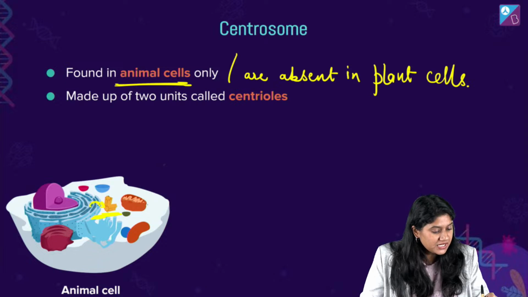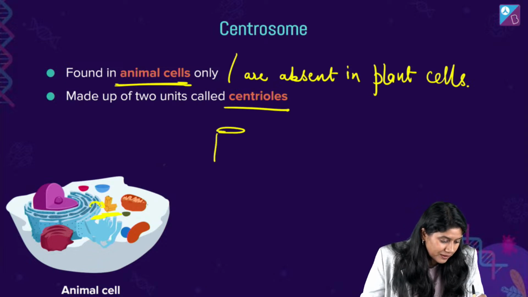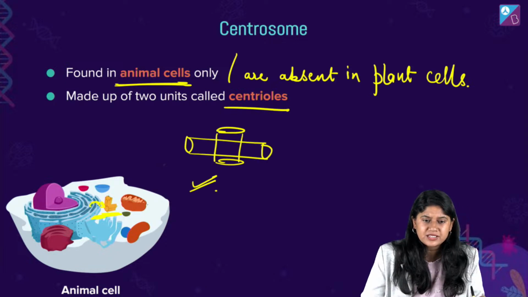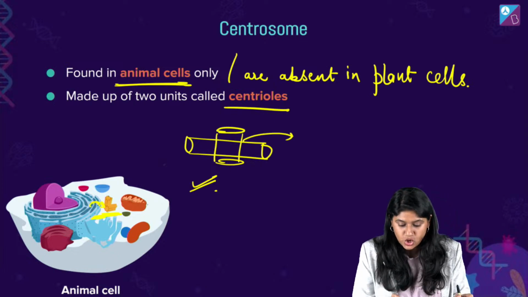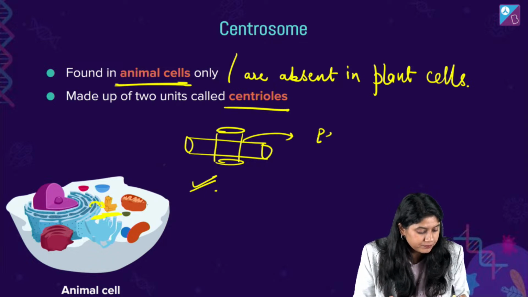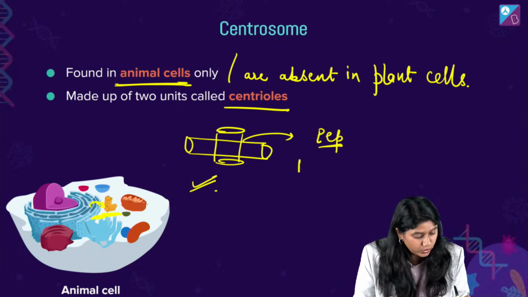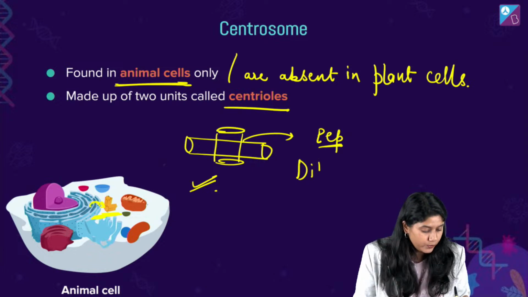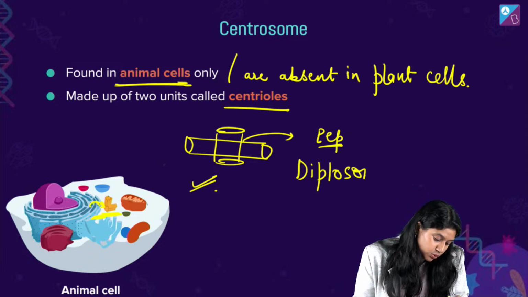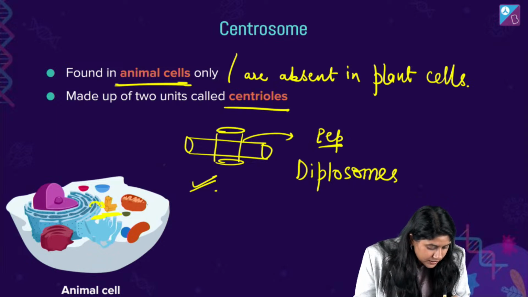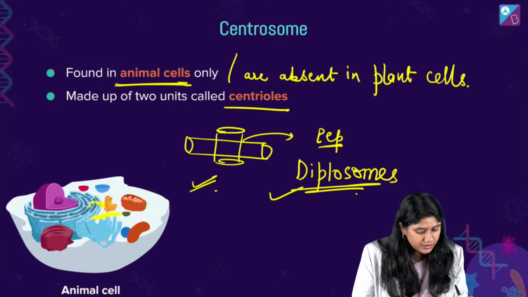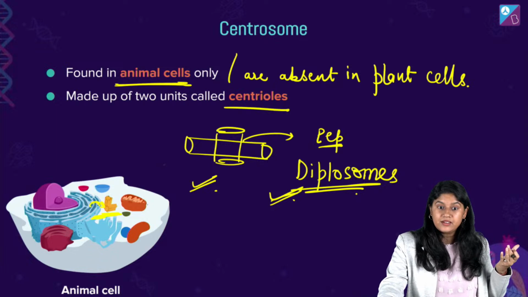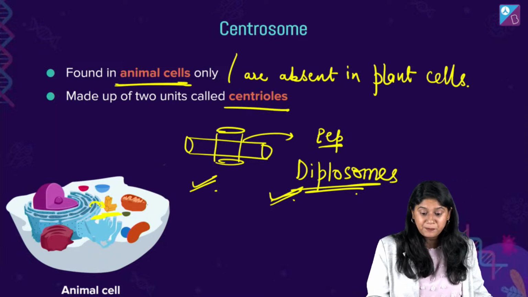Now when we say cylindrical structure, and that two are perpendicular like this, they are made from two units. Right? This is how it is arranged, everyone. Clear? And what do we call this? This is perpendicular, and we have a very interesting name for it. We call it the diplosome. Clear, everyone? You can note down this name. Very good. They are perpendicular.